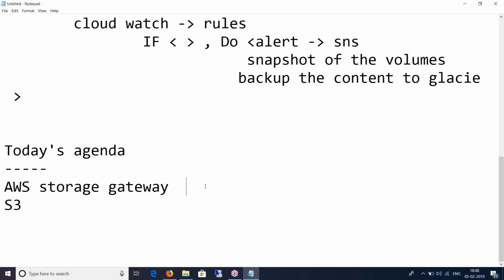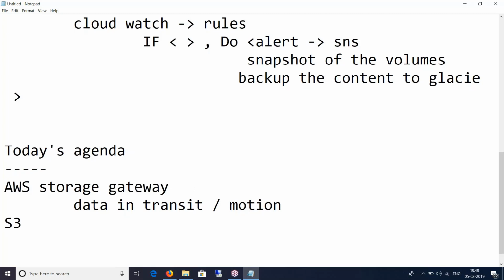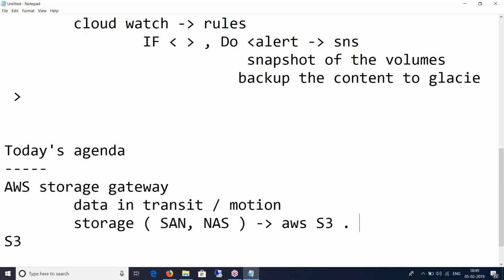The storage gateway is primarily used for data in transit, or data that is in motion, data that is moving from point A to point B. You will need a storage gateway, and organizations specifically use this for creating on-premise to AWS cloud hybrid connectivity. So if you would like to have storage on your premise in the form of SAN, NAS connected to AWS S3, what you will need in the intermediate section is a storage gateway.